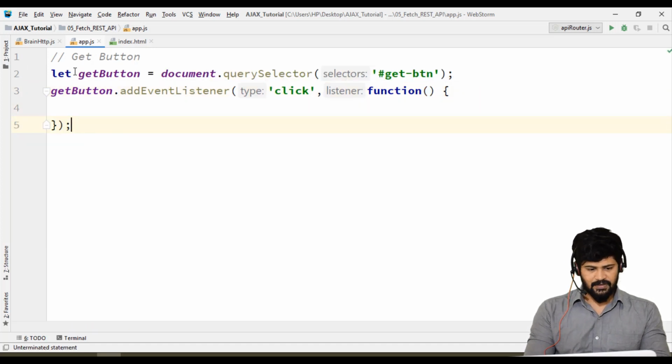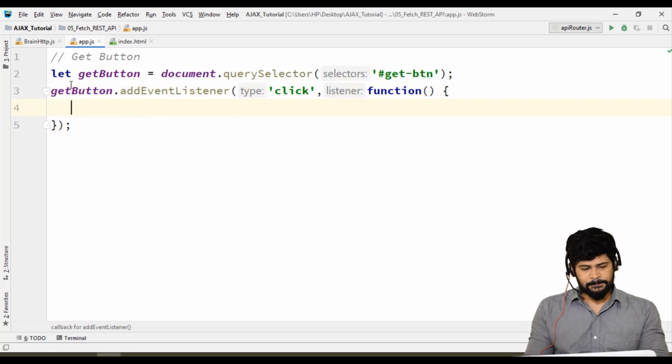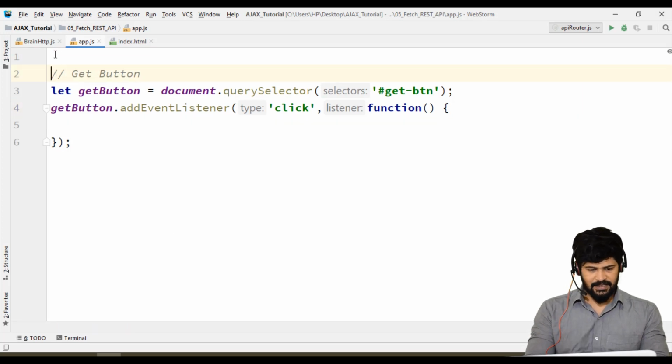Now when you click on this get button, I need to fetch data. To fetch data you need to have a URL. Before that, I'll make a URL.